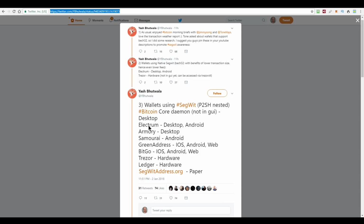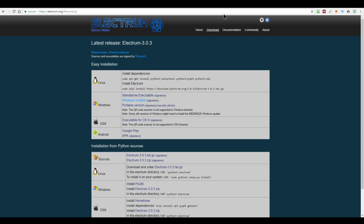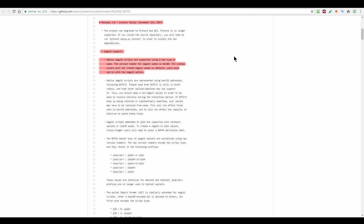And yes, in fact, it does support it. In fact, I popped over not just to the Electrum website, which is electrum.org, to download version 3.03, but I went to the release notes of the Electrum Wallet 3.0. And yes, as of the 1st of November, when they released Electrum 3.0, it supports Segwit, like natively. So kind of interesting. If you want to download the Electrum Wallet and then use it for Segwit, you can